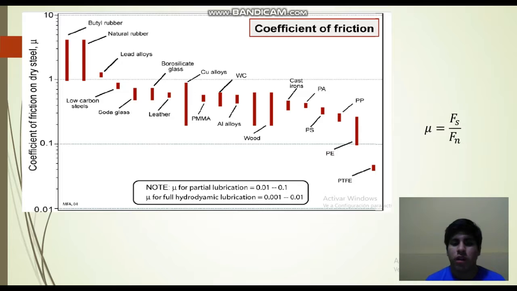The coefficient of friction is defined by the following equation, where the coefficient of friction is equal to the friction force over the normal load. Thus, in this chart, we can obtain an approximate value for the coefficient of friction for different dry sliding materials on a lubricated steel counterface, where the values are plotted as a range for each material. Finally, it's important to mention that the value of the coefficient of friction will depend on the type and finish of the surface, and the presence of some external agent such as a lubricant that tends to reduce the friction